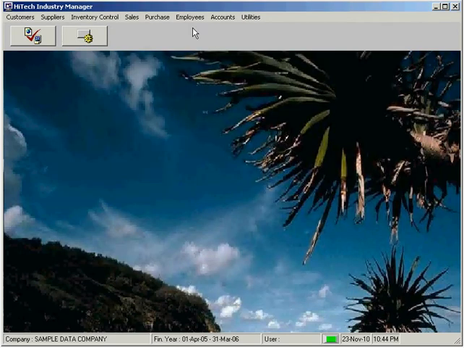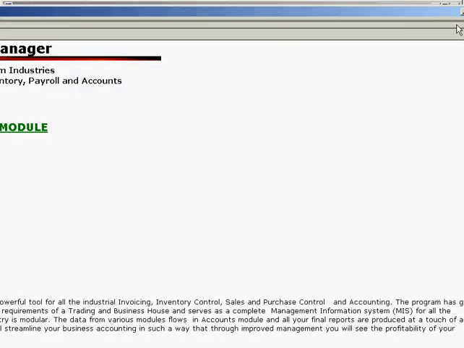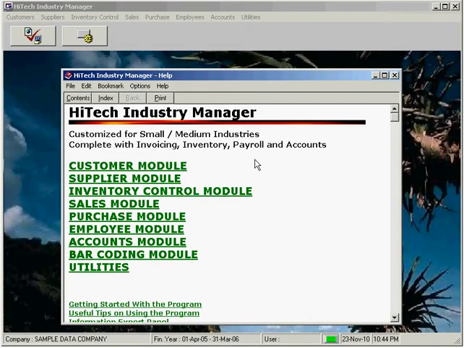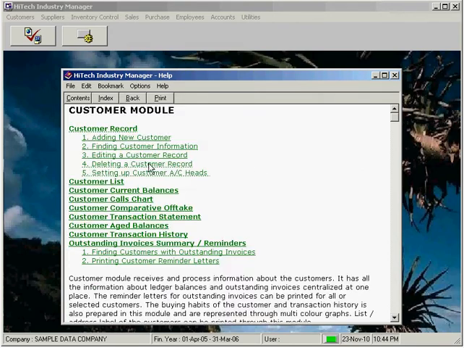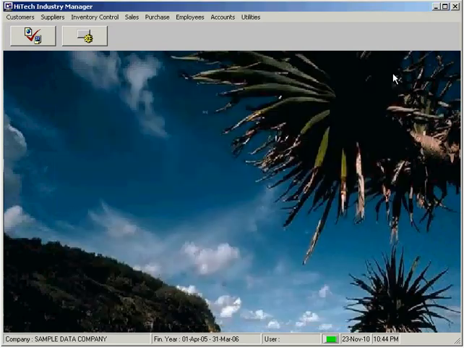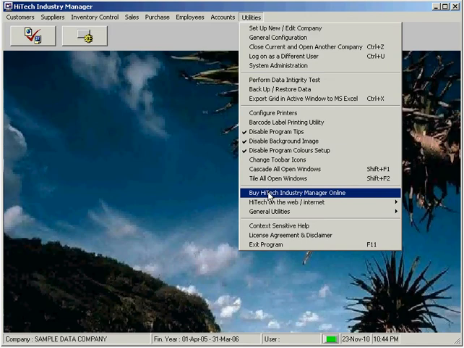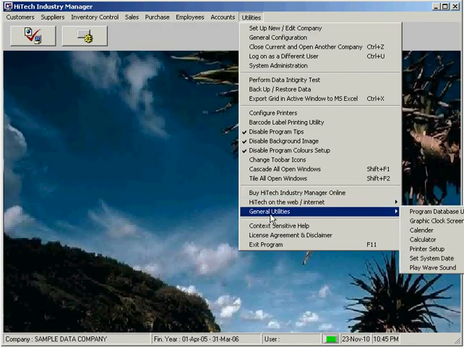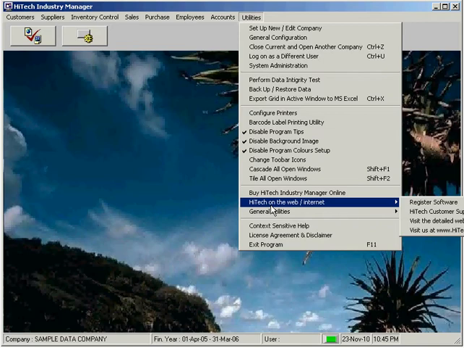This program is equipped with context-sensitive online help to make the whole operation easy for a user. Press F1 key and context-sensitive help will pop up. Here you can get help on using various menu commands of the software. 24/7 and 7 days a week help is provided to you over phone and email. You can also get the software modified by us as per your requirements in a cost-effective and professional manner. You have to send us the list of changes you require in the software so that we can give you an estimate of additional charges applicable for customization.